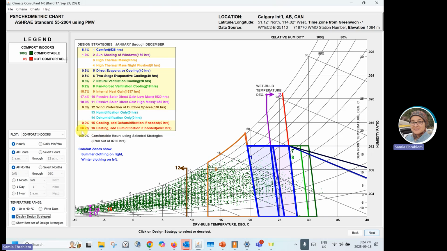It has 56.7%. What is this percentage for? This is how many hours per year can be treated and successfully designed by using this approach or strategy. Make sense? So by only going for heating and adding humidification, I can actually achieve thermal comfort for the occupants around 56%